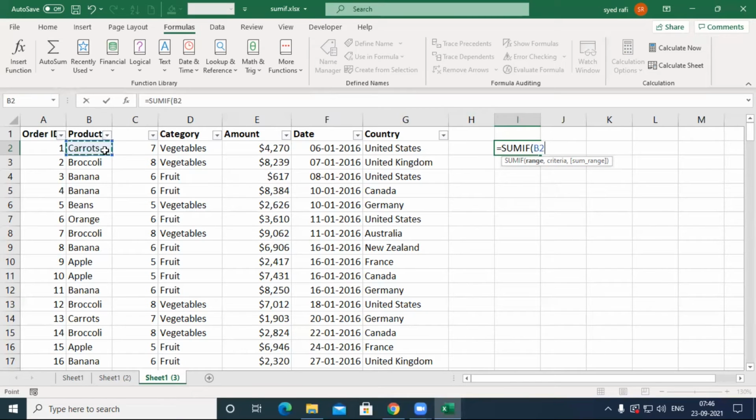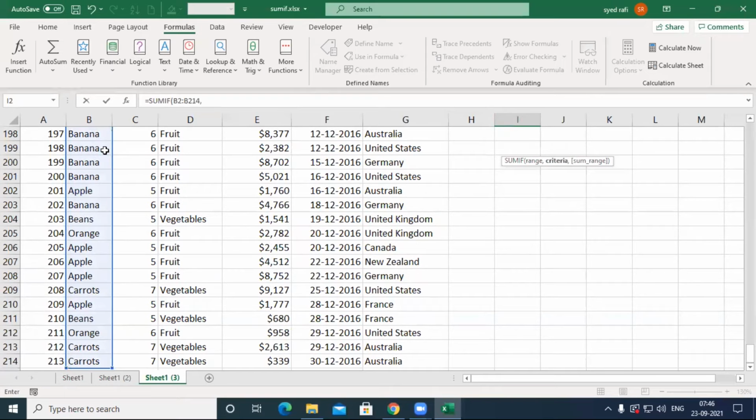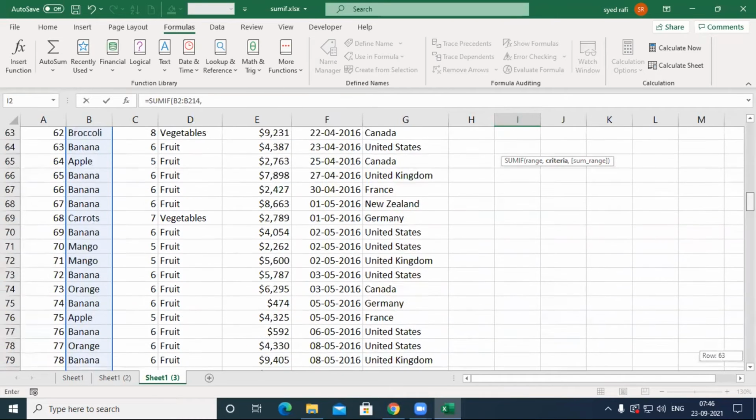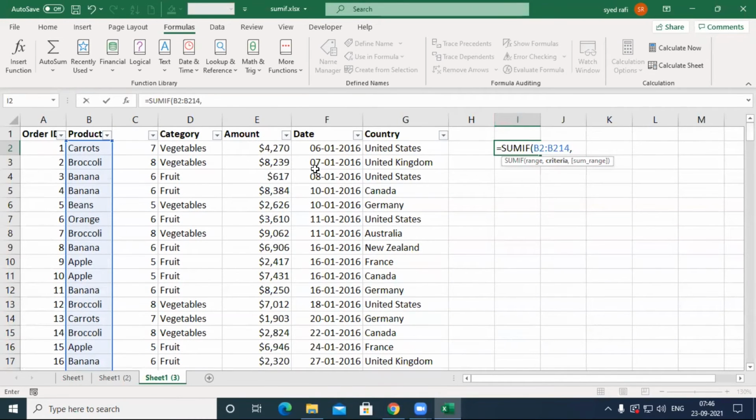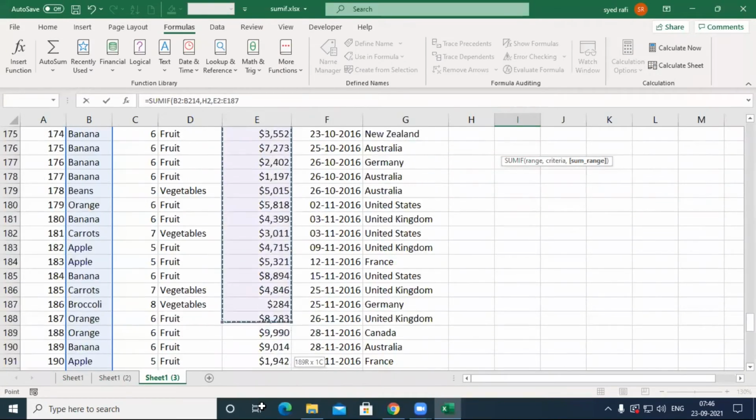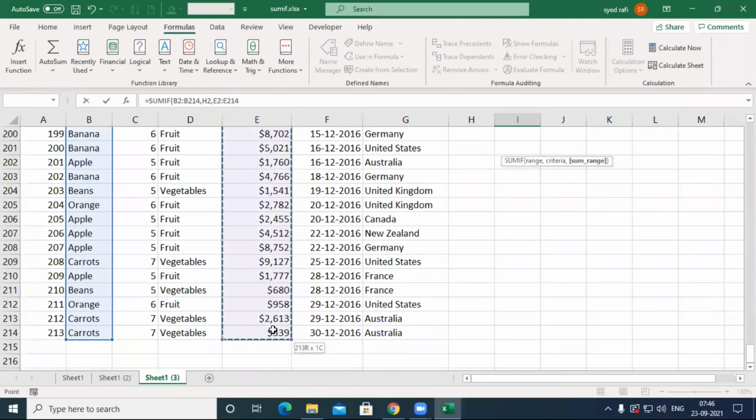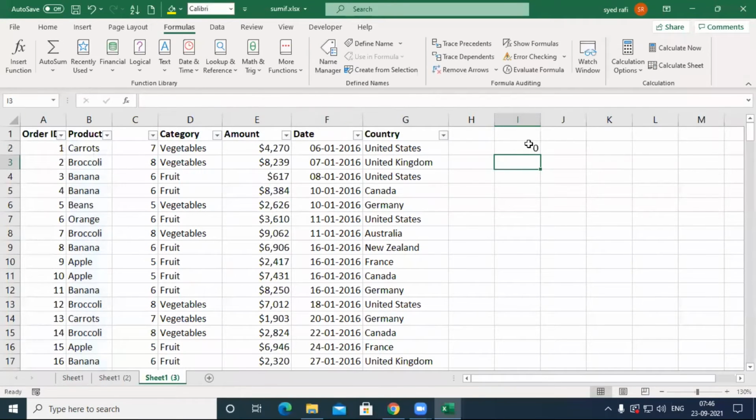For the criteria range, you must select the product, and the next one, the criteria, I type later. Okay, carrots, comma, you must define the one numeric field. I need to sum the amount while I sold the carrots. So you must select this one and press enter. It gives 0 because I can't enter here carrots.